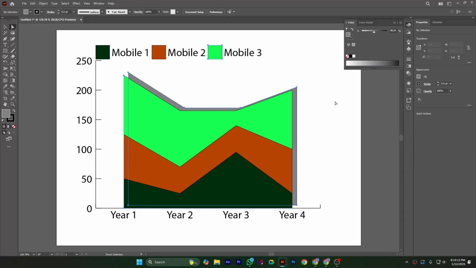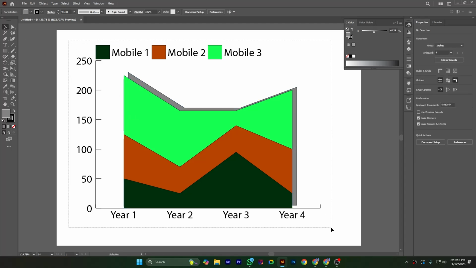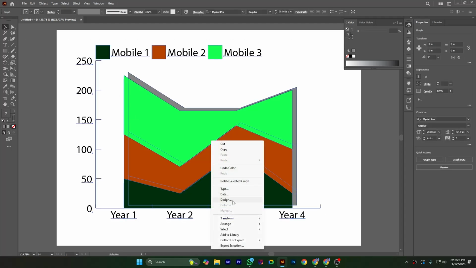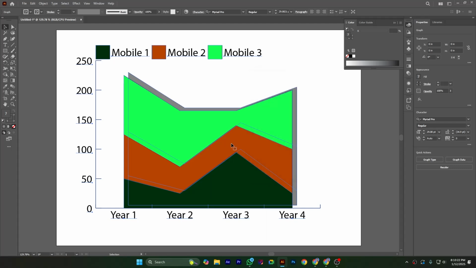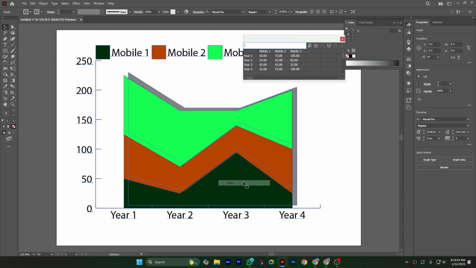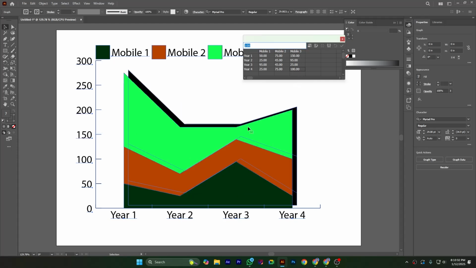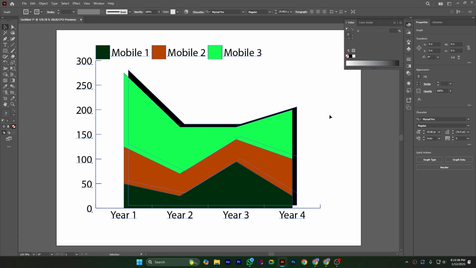So in this way you can also customize the tool, and also if you select it, right clicking, you can open the design option. You also have data, you can amend any data. If you say now it is 150, you can check, and accepting it, the data will be customized as per the input data again. So in this way you can create an area graph